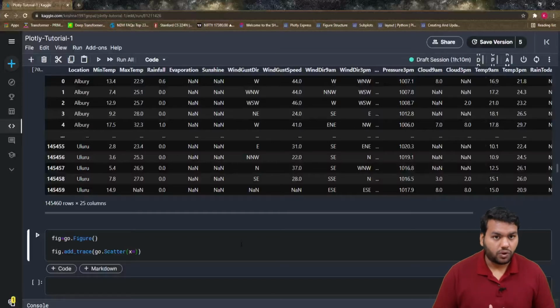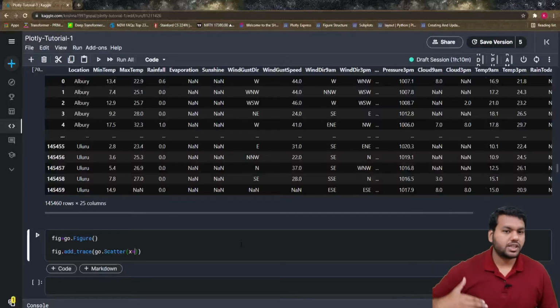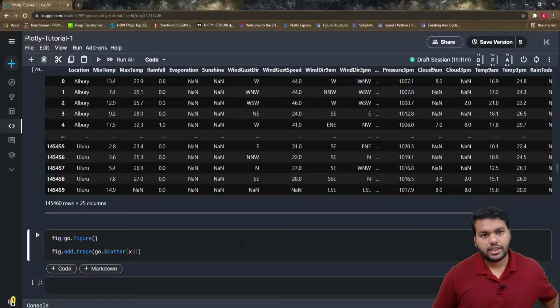The x-axis is the number of days in a month. Like February has 28 days, January has 30 days. So we will pass the number of days on the x-axis and the maximum temperature on the y-axis, and we will have the line plot.